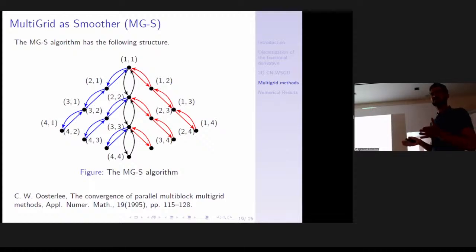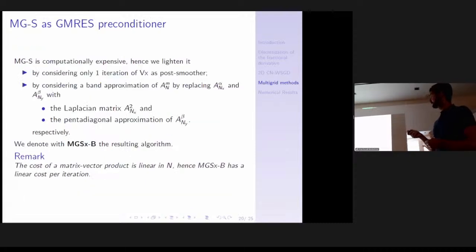So we have both semi-coarsenings, and this was introduced to deal with problems where the anisotropy was not along the coordinate axes. And since in our case the problem is along the coordinate axes, we don't need one of the two smoothers. Since it is an expensive algorithm, a smoother inside another, a multigrid inside another multigrid, we only keep one of the two smoothers, the one we need, and perform only one iteration.